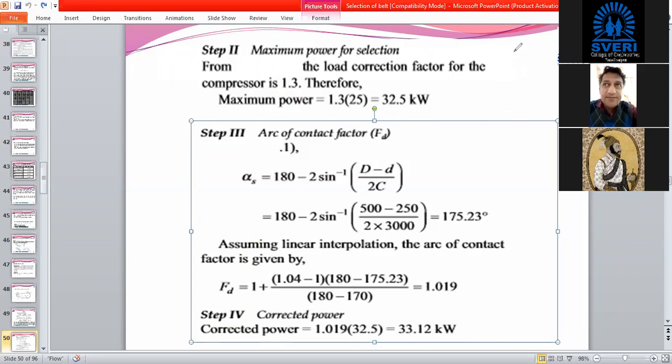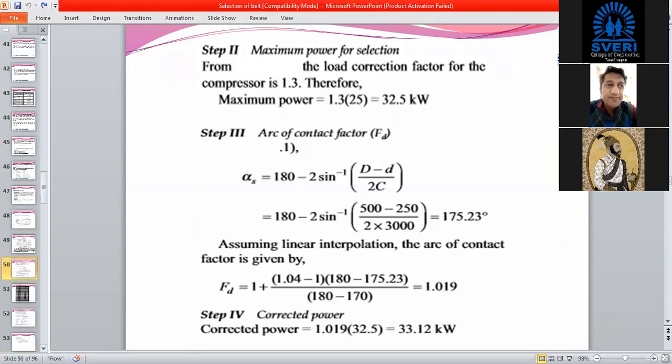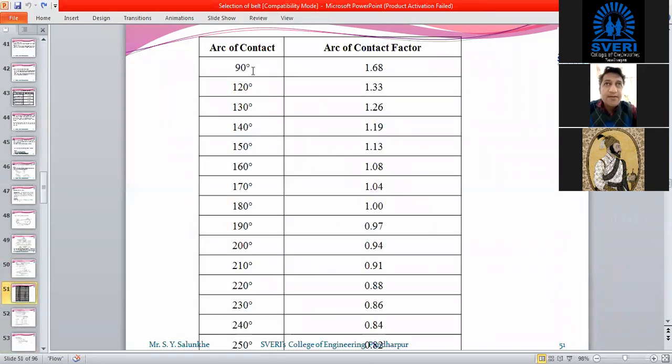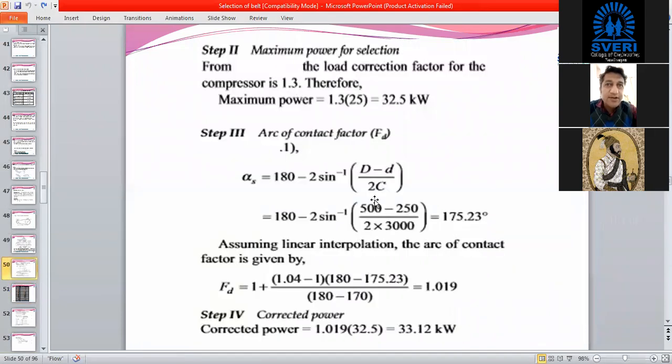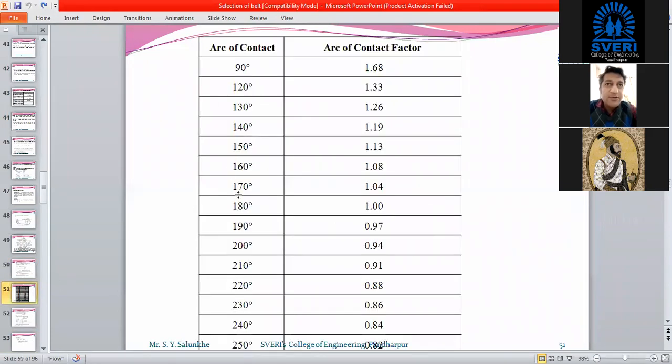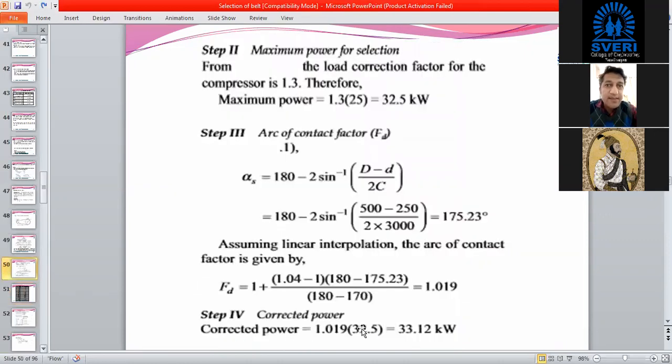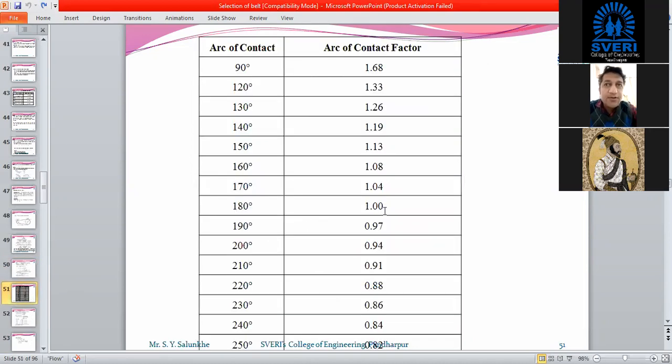The next step, once you have calculated the corrected power: this is the arc of contact factor, which you have already calculated, that is 175.23. 175.23 is not available, that's why we are not taking 180 with factor 1.0. The value is 1.019.